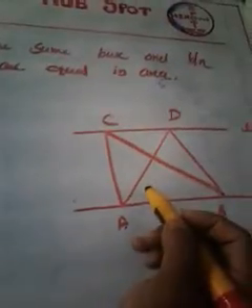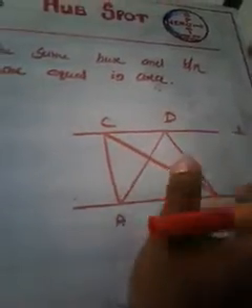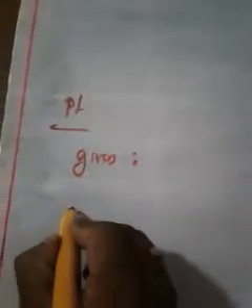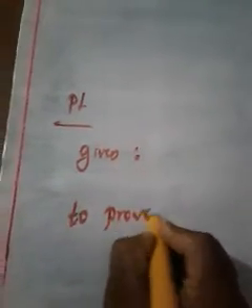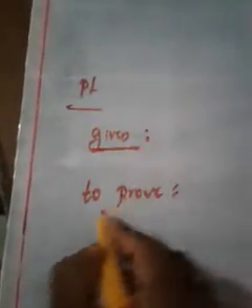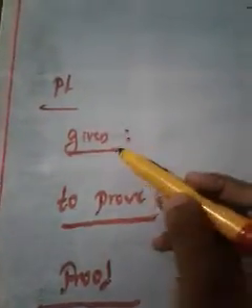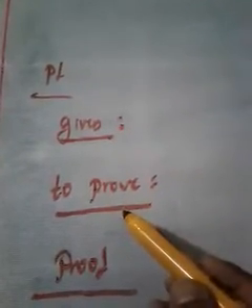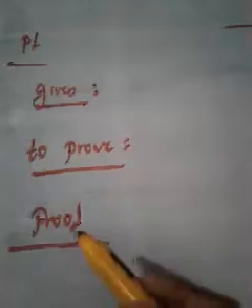I am going to prove this theorem. The proof is also very important. In order to prove it, I have to prove that if you consider two triangles in this way, then the area of the first triangle is equal to the area of the second triangle. You can write the proof in this way: first write the given thing, then write what we have to prove, then go to the proof. This is the exact correct way of writing a proof for a theorem. First of all, mention the given, and second, mention what is to be proved, that means what we have to show. Then we go to the proof.